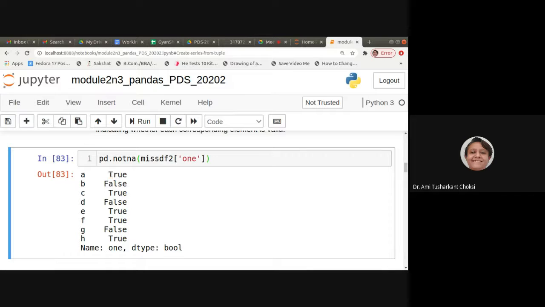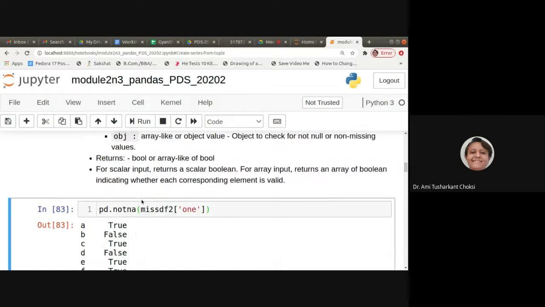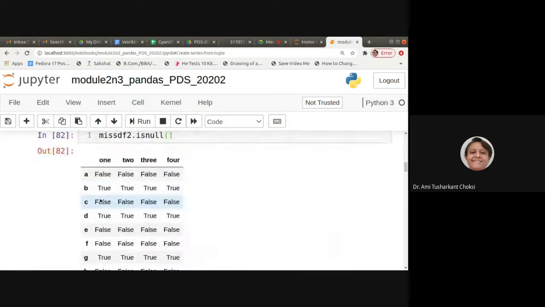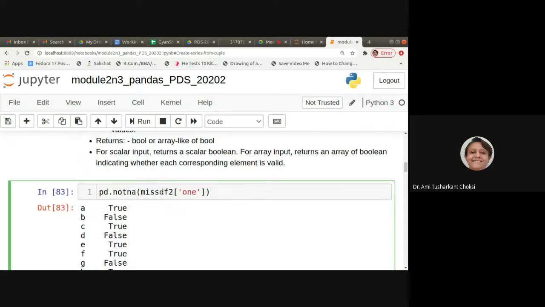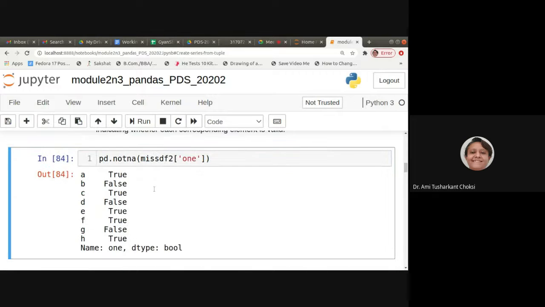So with notna, we have found for B, D and G, it was having missing value, right? So for that it is false. For B, D and G, which was true for NA, right? Those are now false for notna, right? It is simple, isn't it?